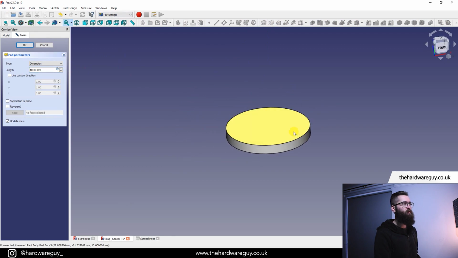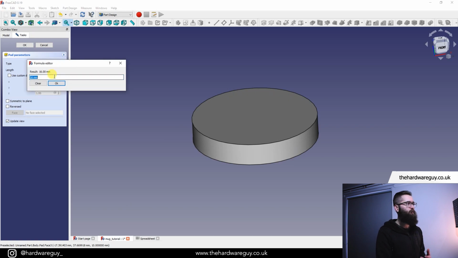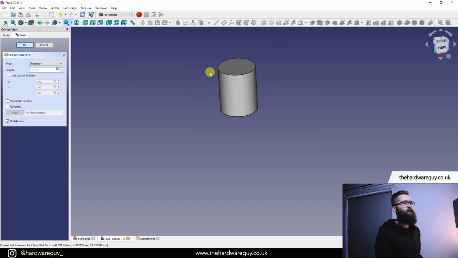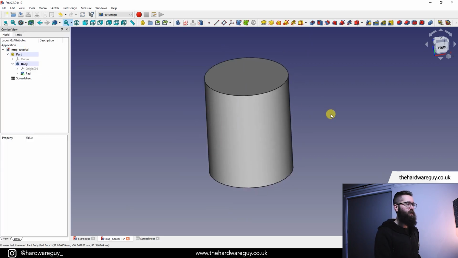Now if we rotate around, in the top left there's a little toolbar that pops up. We currently set a length of 10 and we can increase it like this, but remember we have a parameter to use, so we'll click on that and we can just type in here spreadsheet.mug_height, hit OK, and that'll set that for us. We've got our mug height. We're going to hit OK, and now what we want to do is create that cutout on